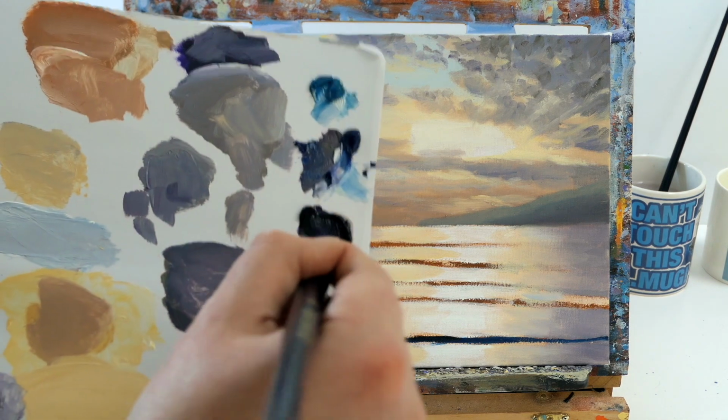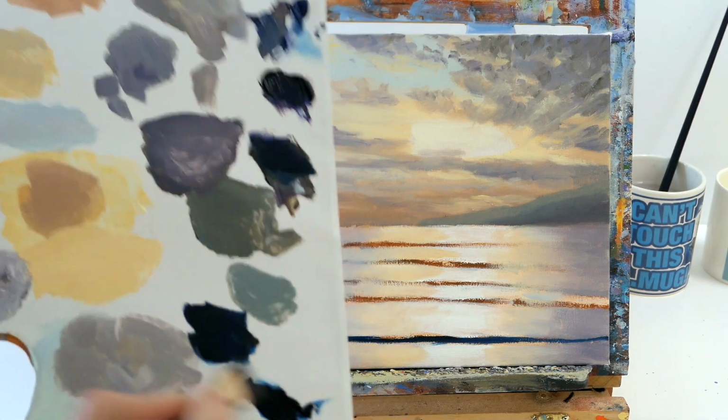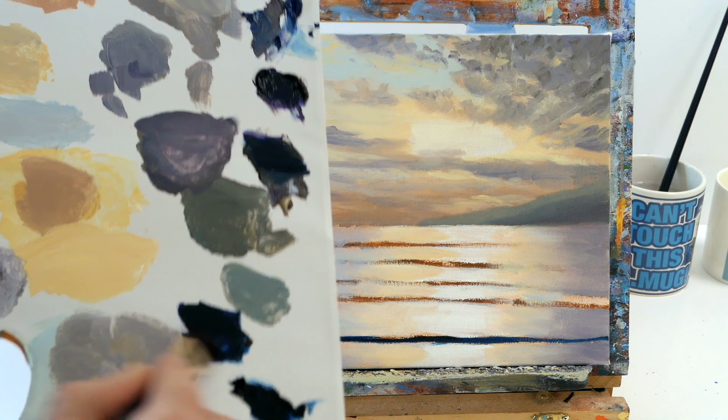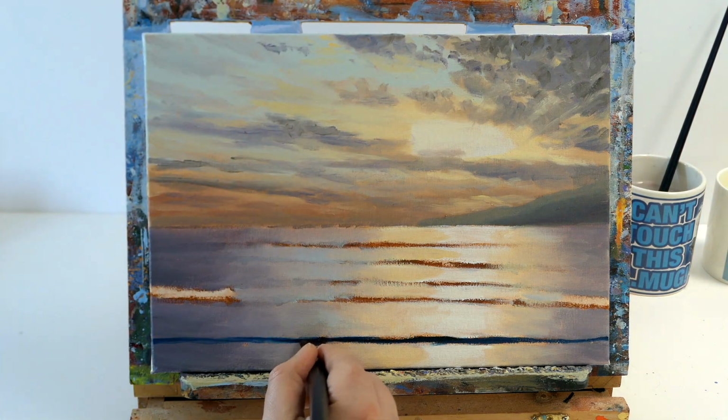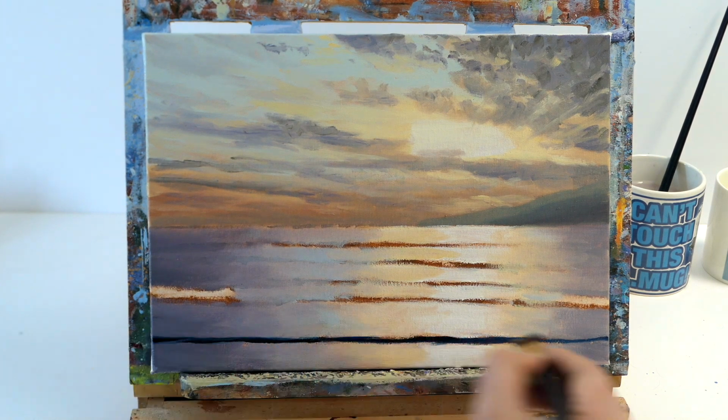Now for some reason it's a little bit too blue, so what I'm going to do is just add a little bit of purple and brown to the mix and a little bit more black. So there we go, just take out that blue, it's just a little bit too blue. I'm just going to go